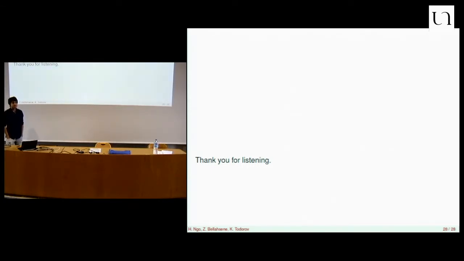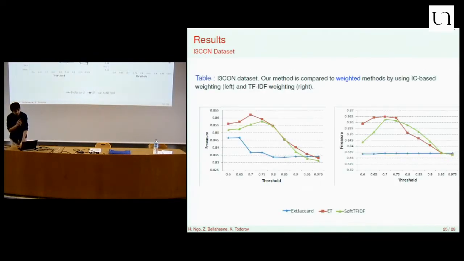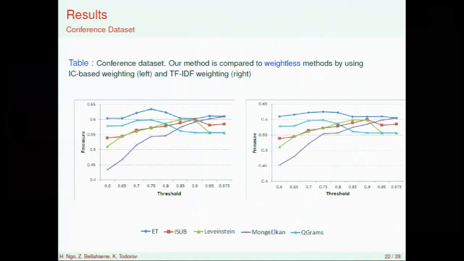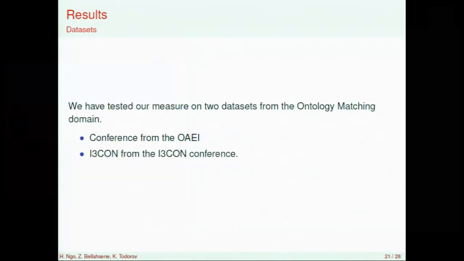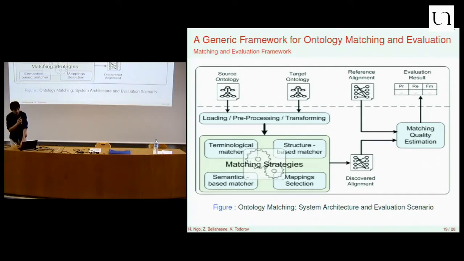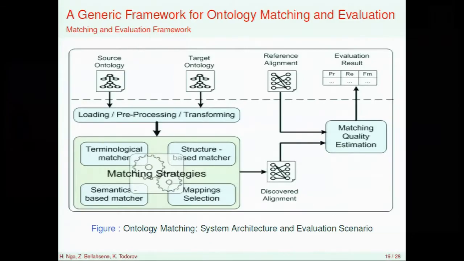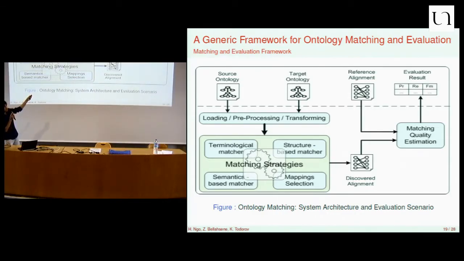For the experimentation, you take two different ontologies and measure the similarity. I do not really understand. So this is a standard setting. I can go back to this figure. You have two ontologies, what I have called here the source ontology and the target ontology, and these are the ontologies that you want to align. You produce an alignment, and then you compare it to a reference alignment which already exists. So this is in the benchmark. On the basis of this comparison, we can compute precision, recall and